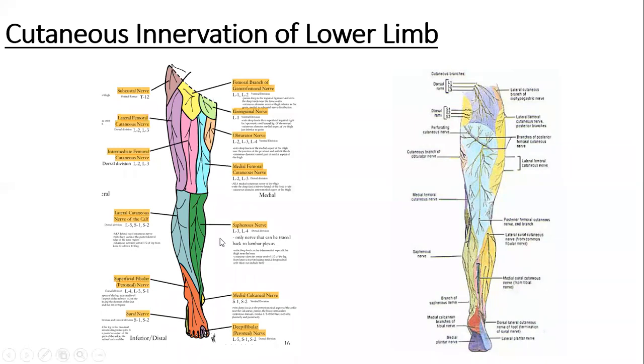Whereas in the region of the leg, medially and anteriorly, we have the saphenous nerve. And laterally and anteriorly, we have the lateral cutaneous nerve of the calf. At the region of the medial malleolus, we have the medial calcaneal nerve, supplying cutaneous innervation to the skin over the medial malleolus. And on the lateral aspect of the lower third of the leg, along with the skin